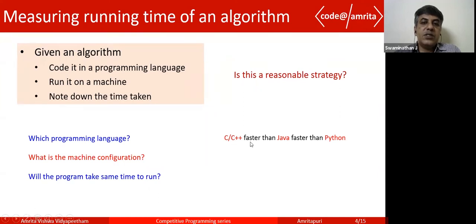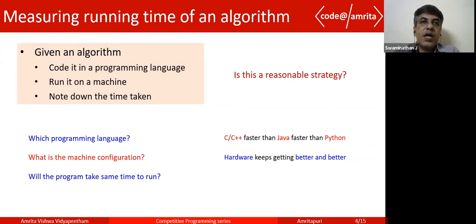So that's a question. This doesn't seem to be a very straightforward thing. Okay. So then the hardware also, you can say today you can measure with the best hardware and then say this is the running time of an algorithm. But then,